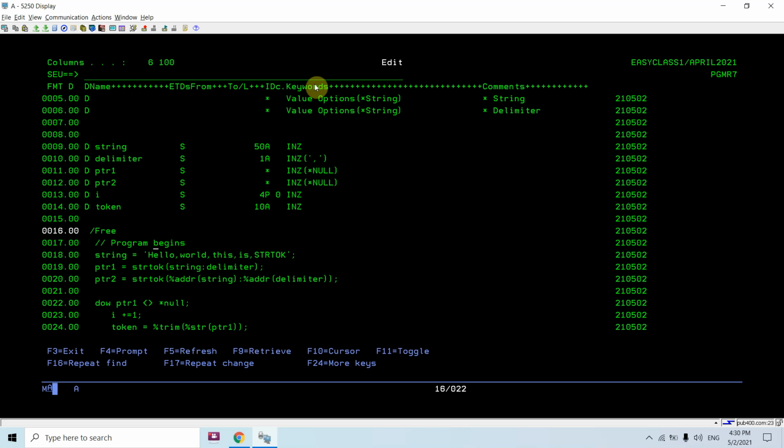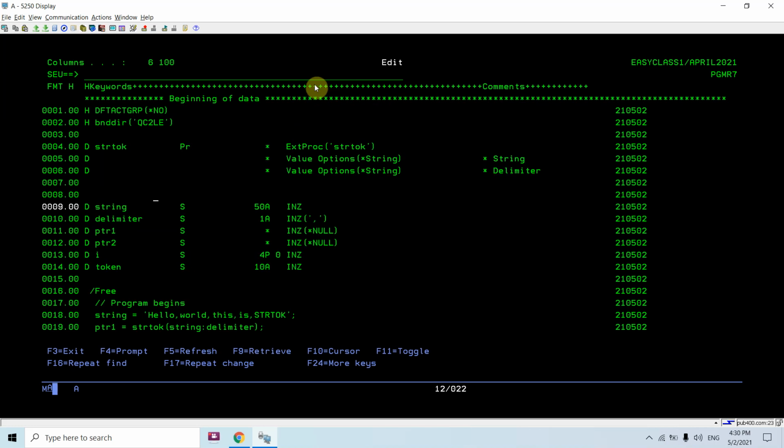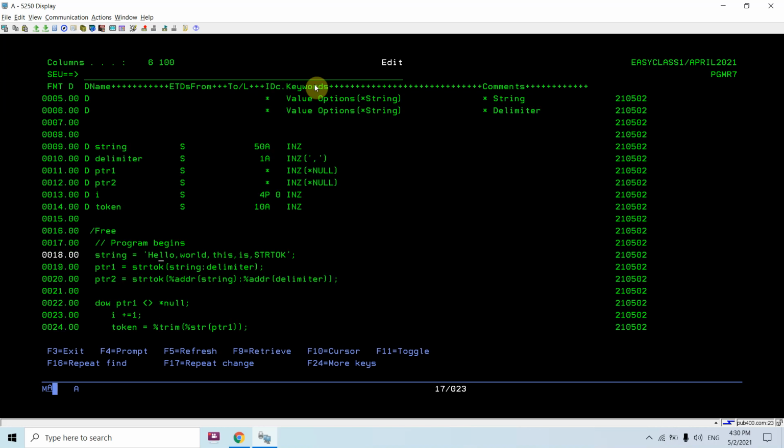For calling this we need a string and a delimiter. I defined a string variable of length 50. You can take as much length as you want, because we are basically dealing with pointers here. The delimiter is a comma, and I have evaluated the string like hello world, this is strtok, separating each word with a comma.